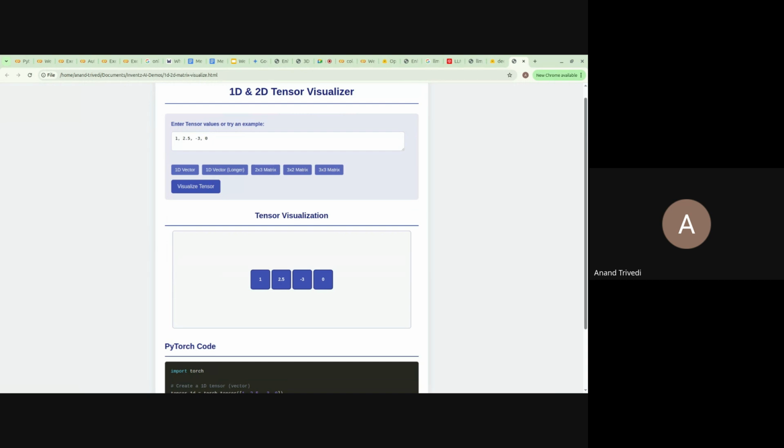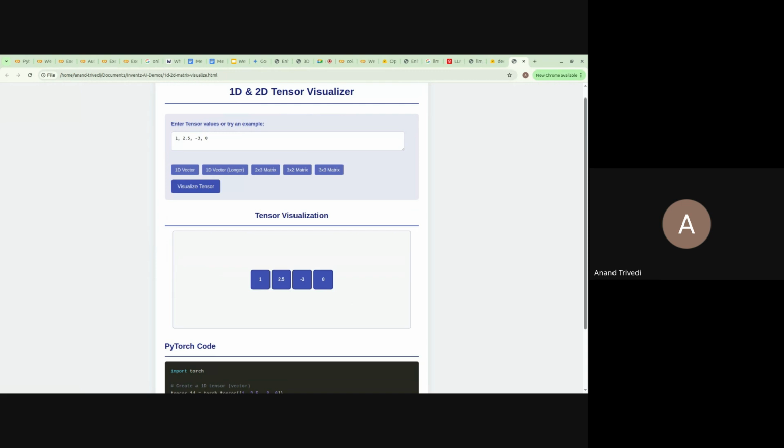Again, what is the difference between a tensor and an array? This is again an array, or a collection of elements, or a list, whatever you call it. So this is a tensor. Now, a tensor is a specific data type that is provided by libraries such as TensorFlow, whose name itself comes from tensor, and PyTorch and a few other libraries.